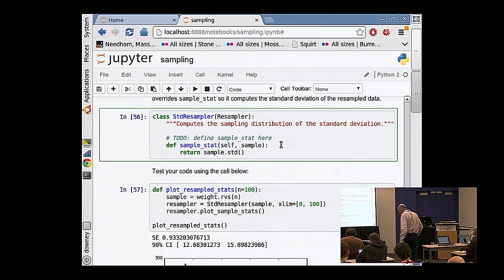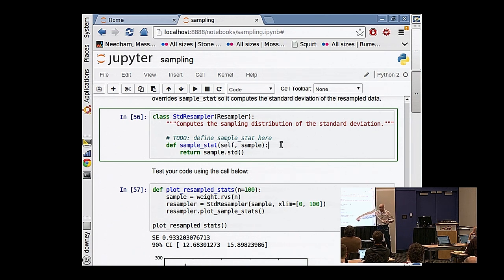Okay, let's take a look at a solution. We'll wrap up this section and we will get that long promised coffee break. So as I said, I wrote a new class called StandardDeviationResampler. I inherit everything except that I'm going to override this, and I've just changed it so that it computes standard deviation. Again, this is the nice thing about this framework. What this class does is it encapsulates the resampling framework. All you have to do is plug in the pieces, and you can run this for whatever statistics you like.